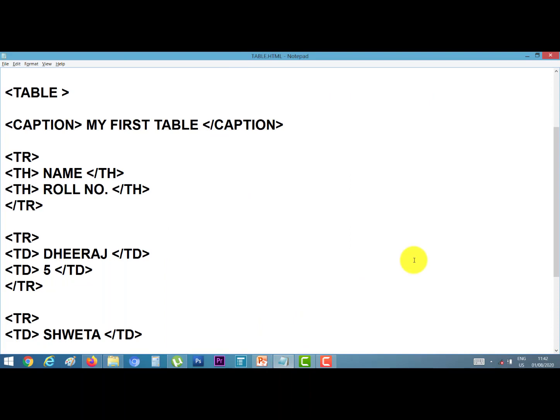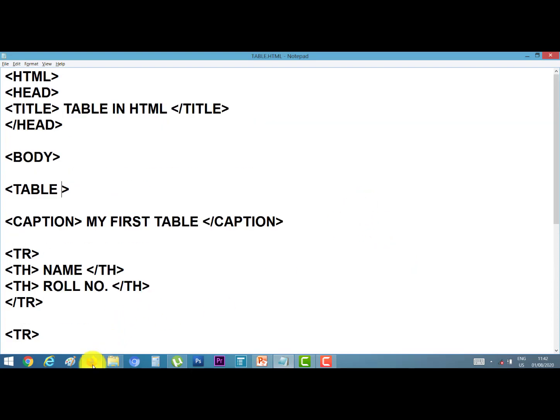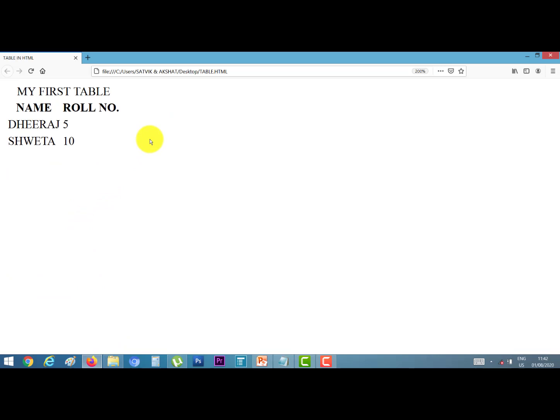In the previous class, we made a table in HTML. This is our notepad file and this is our HTML file. Now I want a border in a table, so I use the border attribute.